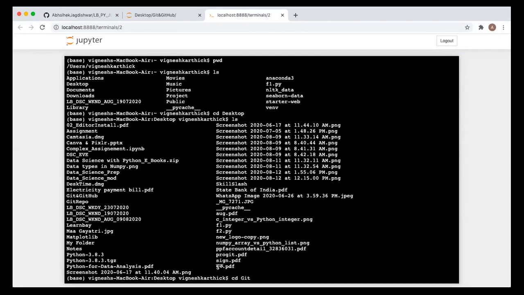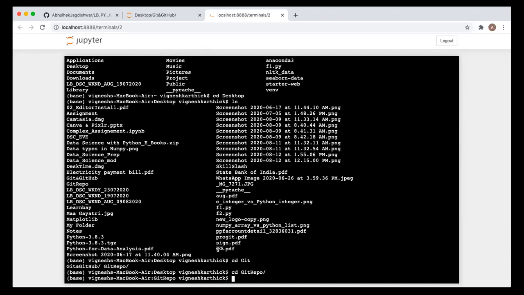Okay. So we have done nothing yet. You can try this right now. So everyone, is this done? Have you created any folder? Probably you might not have created one because this is the first class, right? So first create one folder, you can create any folder. I have created one git repo.